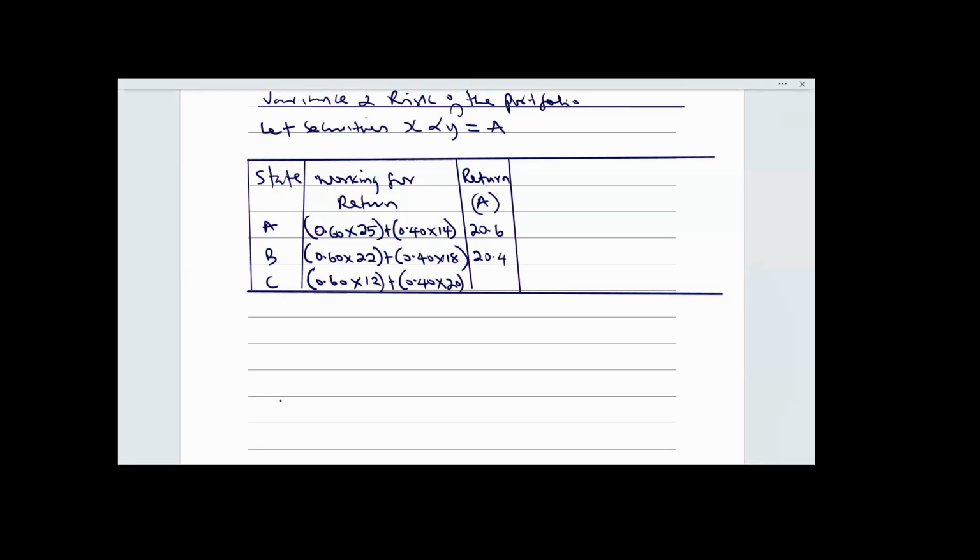Then the last one: open a bracket, 0.6 multiplied by 12, close the bracket, plus open a bracket, 0.4 multiplied by 20, close the bracket, equal 15.2. Okay, that's the return. Then we need to get our